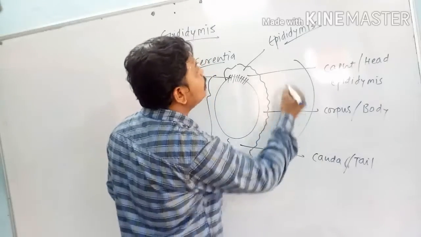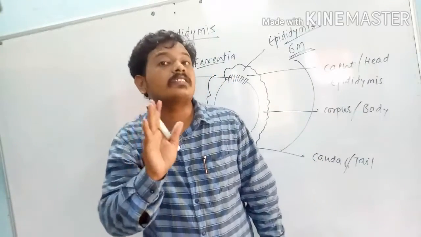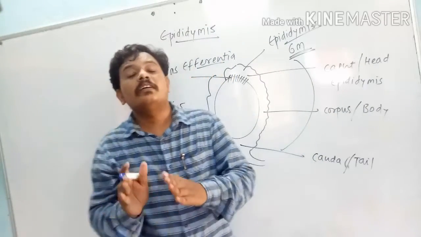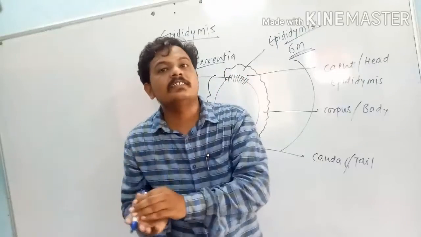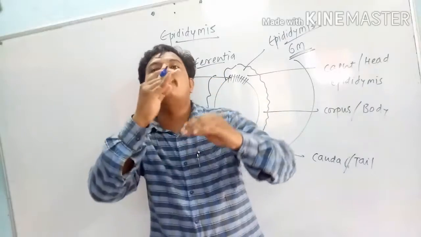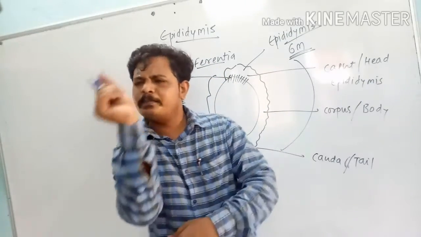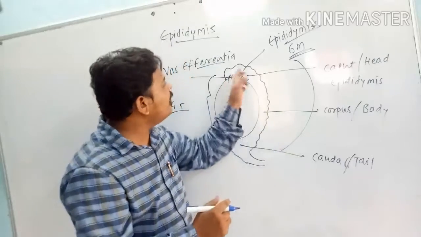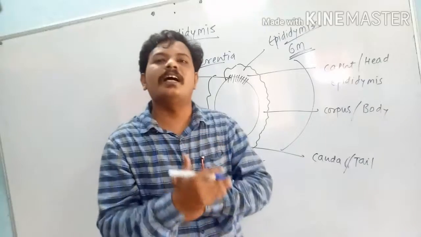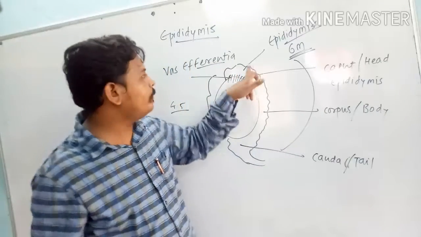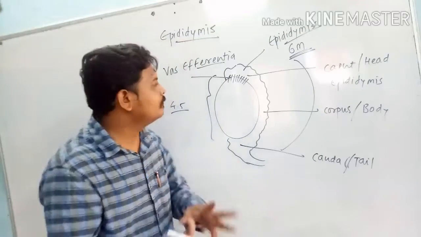The length of this epididymis is 6 meter. Remember that, 6 meter, not centimeter. आप लोग सोच सकते हो 4.5 सेंटीमीटर टेस्टिस है, उसके पोस्टीरियर बॉर्डर में ये 6 मीटर की डक्ट किस तरह से अरेंज हुए? It is because of highly coiled रहते हैं, 6 मीटर इतनी लेंथ होती है उसकी, और इसका फंक्शन भी अलग अलग होता है। हेड ऑफ एपिडाइमिस का फंक्शन अलग है, टेल ऑफ एपिडाइमिस का फंक्शन अलग है।